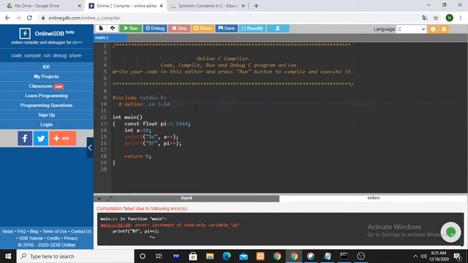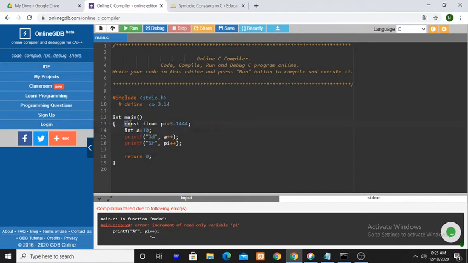In C language, constants, you can define the constants in two different ways. Using #define, you can define, and using the const keyword, you can define. If we write the keyword const before the declaration, then that variable is automatically converted into a constant.